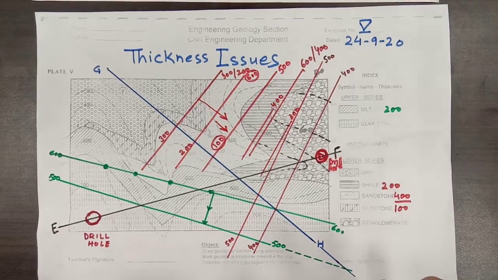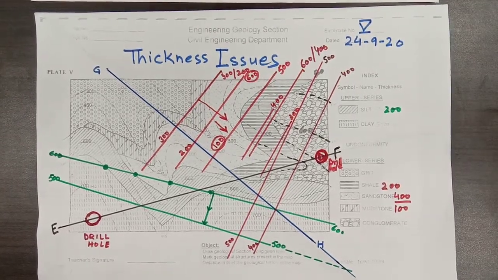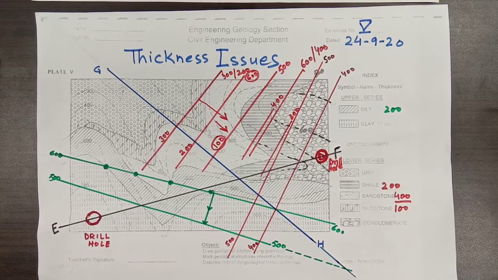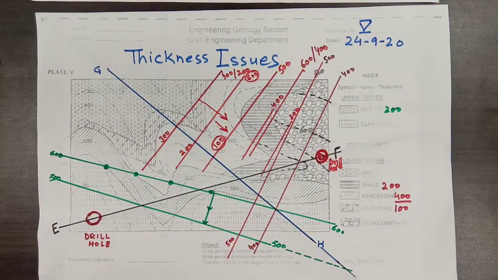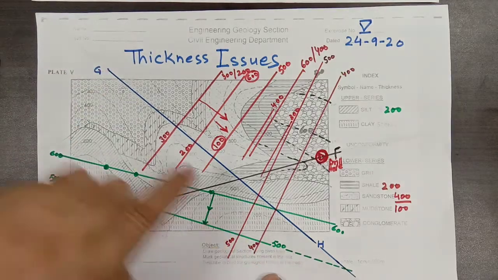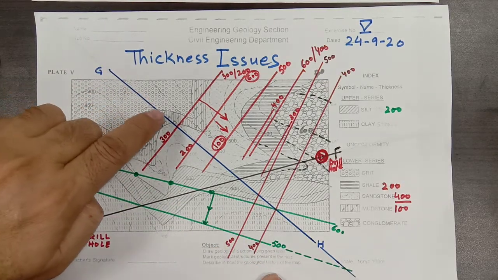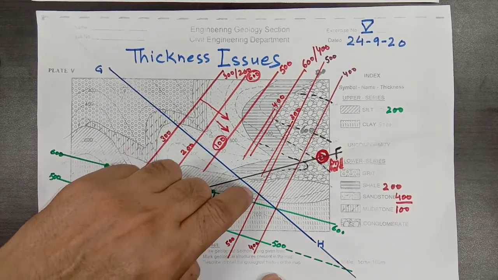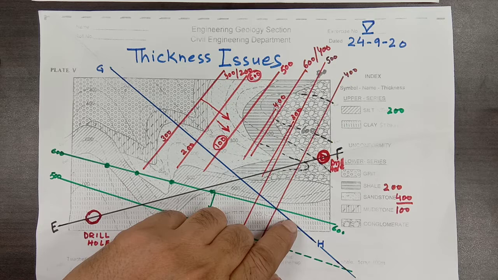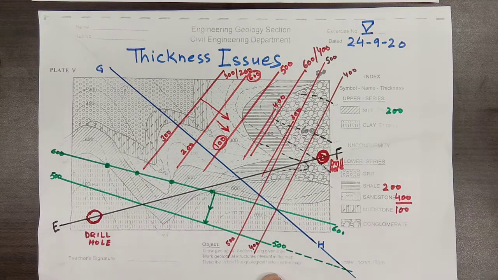Now for the same map, I have selected another section GH, which is at a very high angle to the previous section EF. Here there will be some other issue which I will try to resolve. If you move from G to H, you will be on grit, followed by mudstone, then sandstone, then shale, and then siltstone and claystone. Conglomerate is missing along your section line.